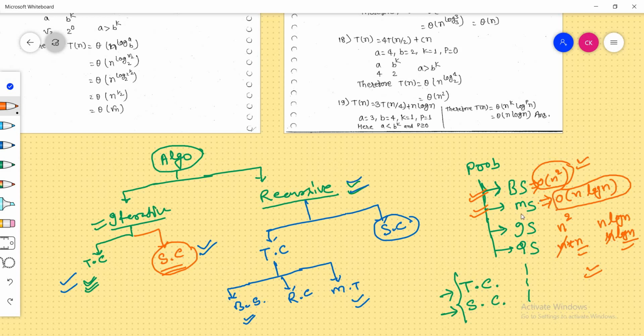It means if we implement merge sort, we will get the result quickly. If you implement bubble sort, you will get the result after 5 seconds or 10 seconds, but if you implement merge sort in a program, you will get the result in a fraction of a second. So this is all about today's class. In the next class, we will discuss how to find the space complexity of an iterative program and of a recursive program.